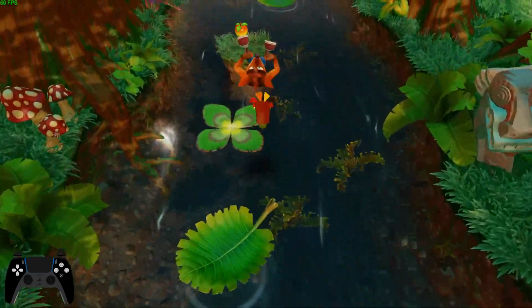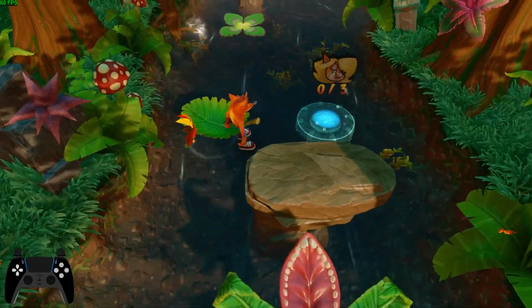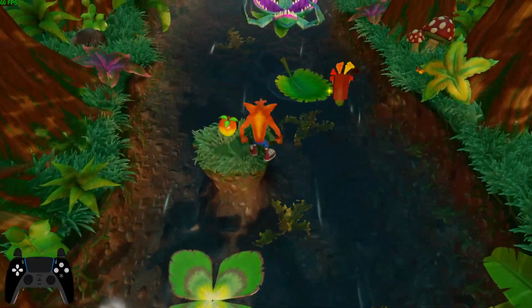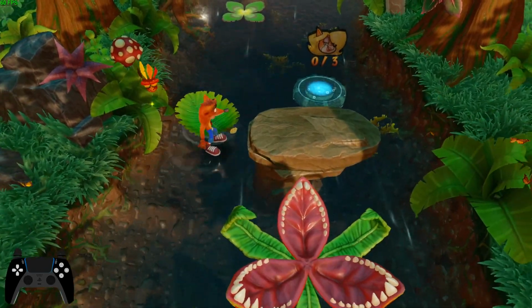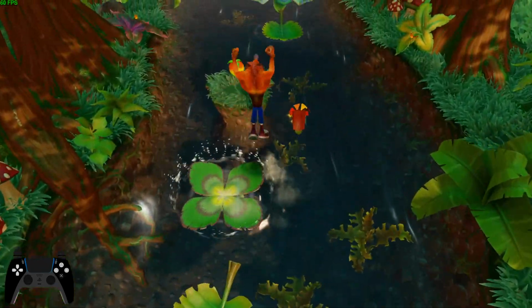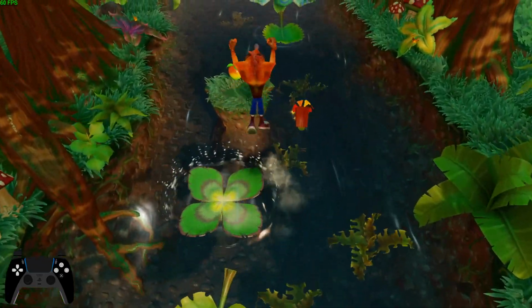However, the time save that you can get from this method is quite limited because this plant starts snapping at the very beginning of the level and you'll reach it at the same point every time. The reason you want to reach the plant while it's snapping is because while it's snapping, its hurt box is activated, which is much larger than its hitbox. When Crash touches the hurt box, it makes him bounce, and you're able to easily land on the hitbox and